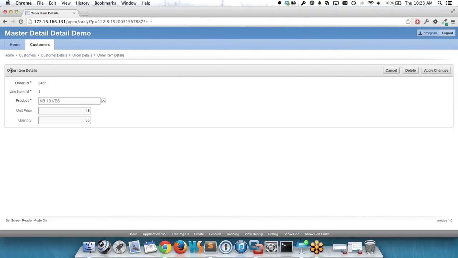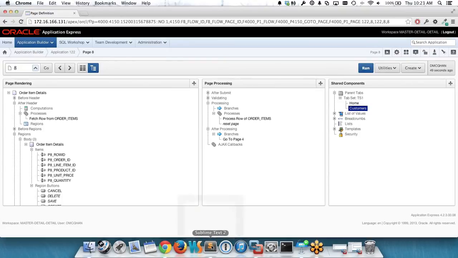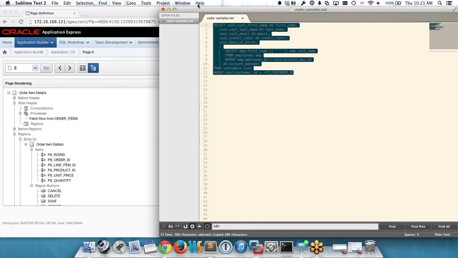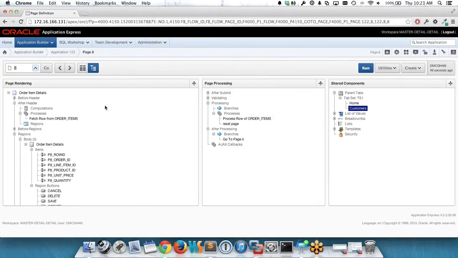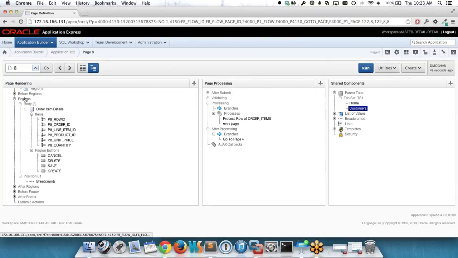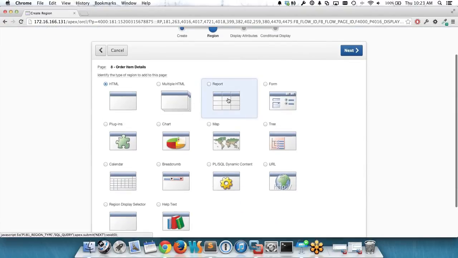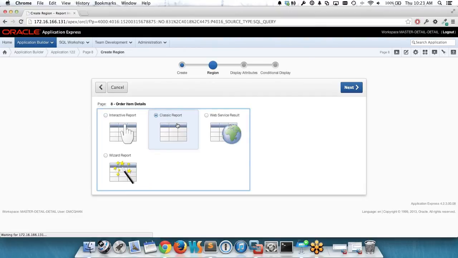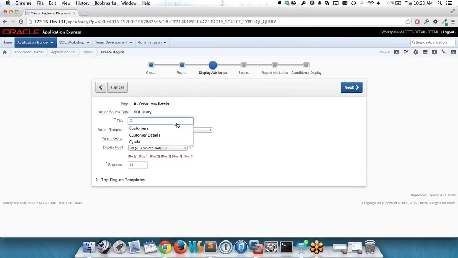So this is the page where, for whatever reason, your users may need some customer related information. So I'll edit this page, and so you don't have to watch me type, I'm going to steal a query, come back to Apex, and I'll create a new region. And it's going to be a report region. It'll be a classic report. And we'll call this